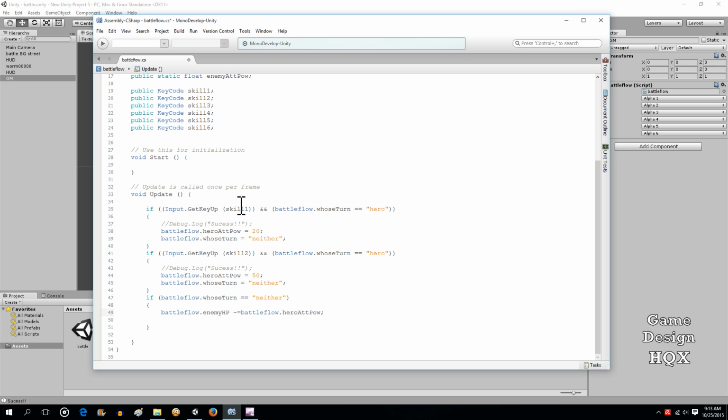So what happens is if you use skill 1, hero attack power is set to 20, and enemy HP is reduced by that 20. If instead you use skill 2, hero attack power is 50, and enemy HP is reduced by 50. And then what we'll do, just to make sure this is working, is again use a